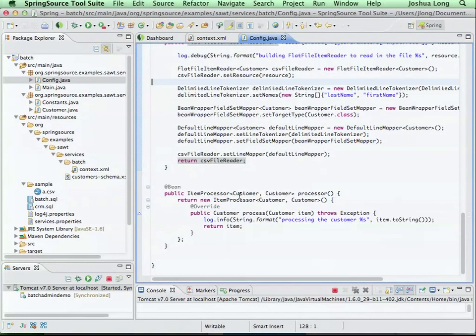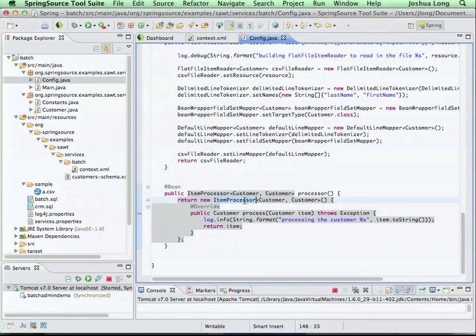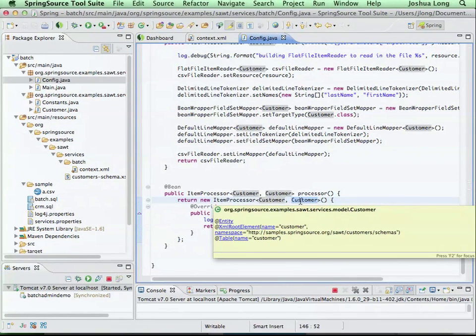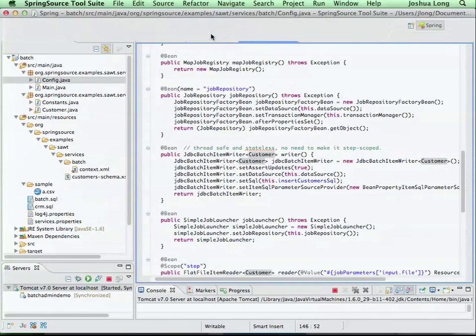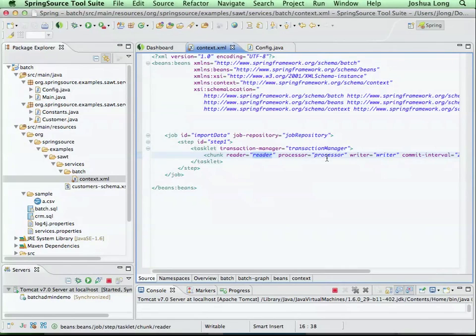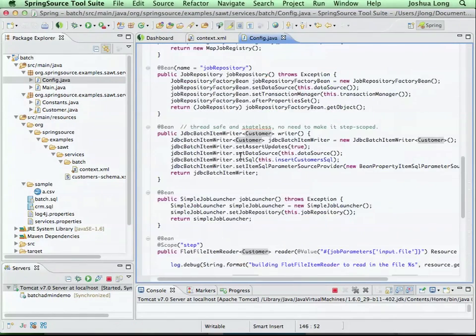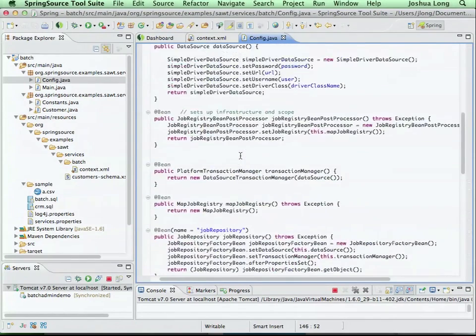Finally, I've got something that actually takes each customer. So again, the reader is going to read, and then the processor is going to get the record itself, and its job is to take the input, which is the customer, and then return something else, which is this second type. It can be another customer, or it can be something else. You can do a transformation, right? So that goes back to this job, right? Now you can see what we're talking about when we say reader, processor, and the writer. The writer is important too. Going up. Here, little writer.